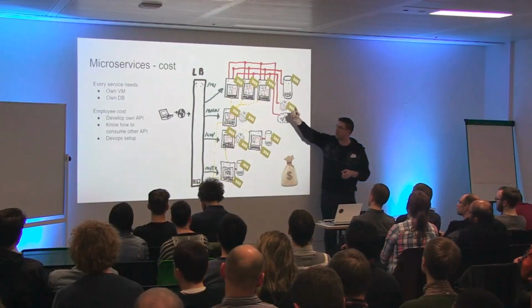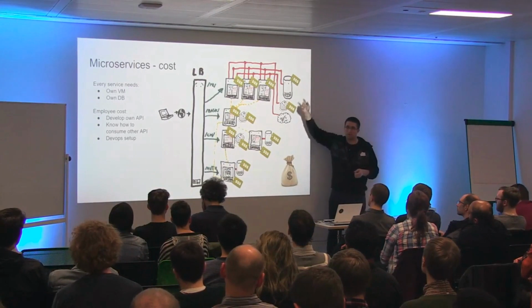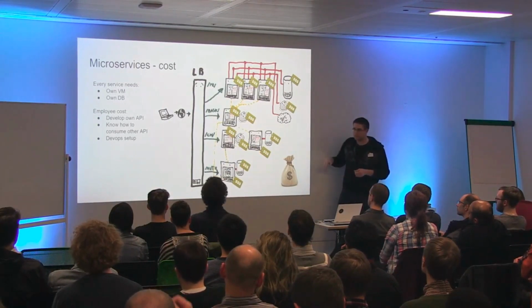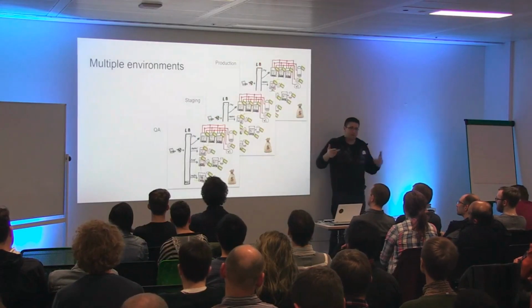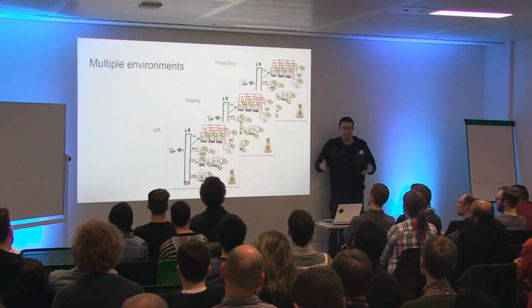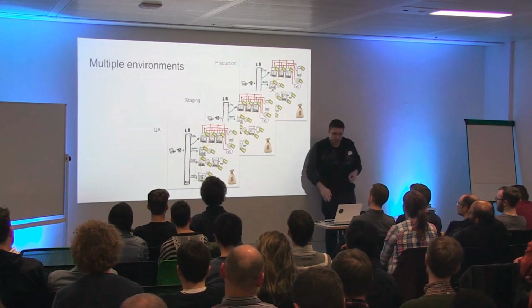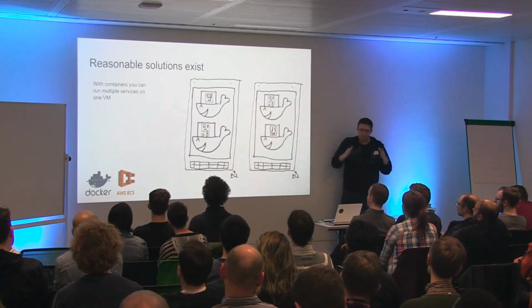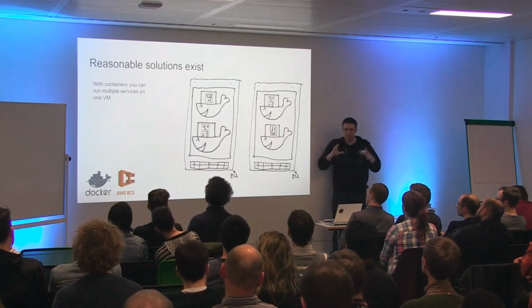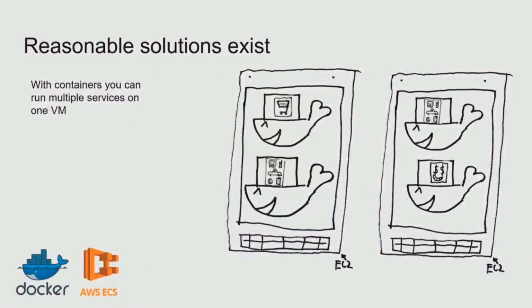So you are paying for every EC2 instance, every database, every Redis cluster, etc. Then when you think about supporting QA, staging, and also every developer's machine, that could get complex. Now, I don't want to paint a black and white picture. There are definitely other good solutions for microservices out there, especially thanks to containerization or